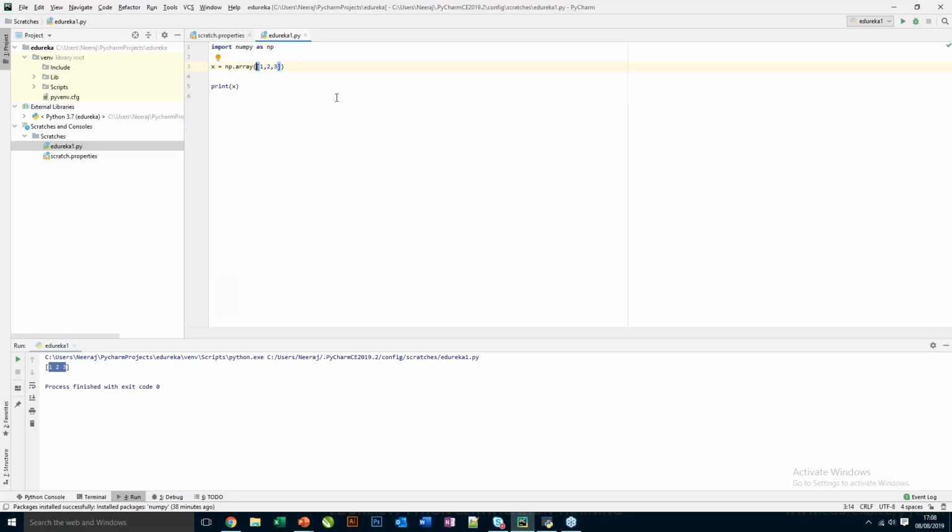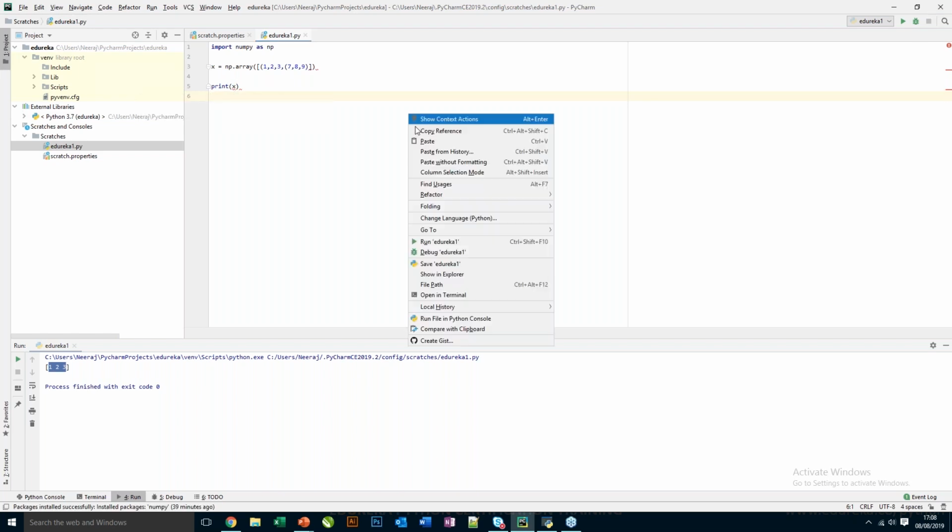Let's add a parenthesis here. We have 1, 2, 3, and then we can create another one. Suppose we have 7, 8, 9. So now we have two sets of arrays: 1, 2, 3, and then 7, 8, 9. And now if we try to print x here,